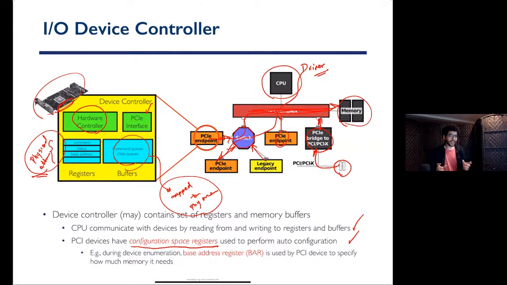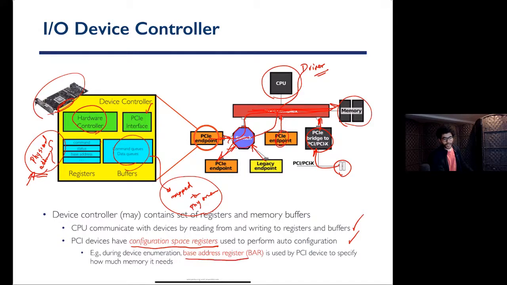And once the mapping happens, and this is usually actually before the operating system even comes up, sometimes the operating system does it, but usually it's the BIOS that does this. Once it says, okay, I have mapped your registers to this range of physical addresses,